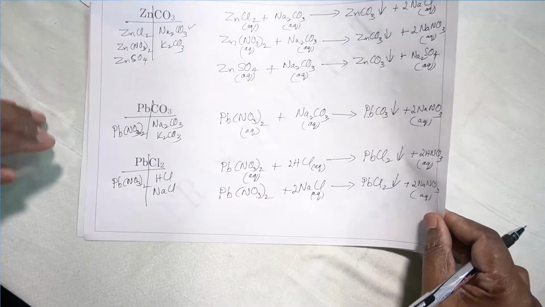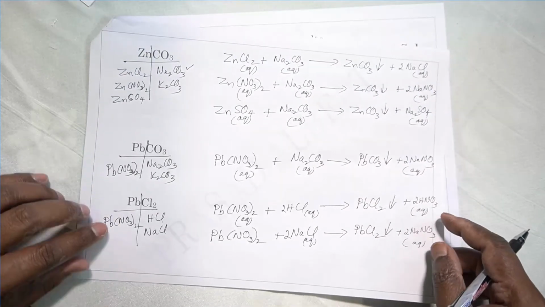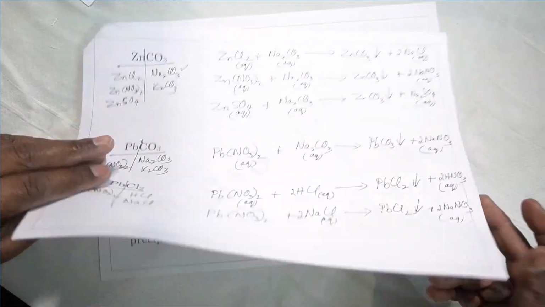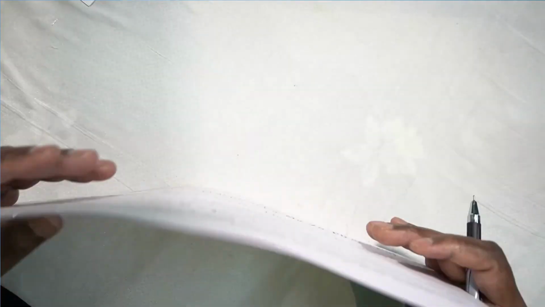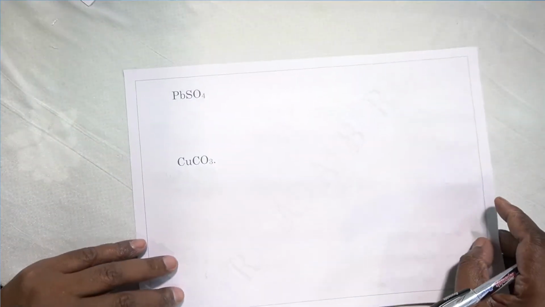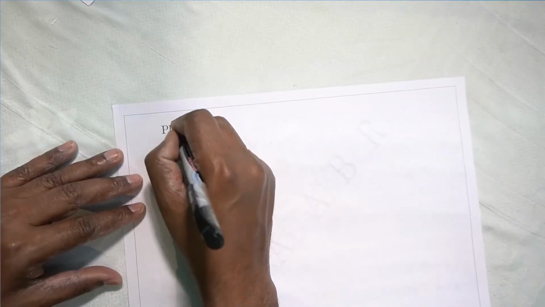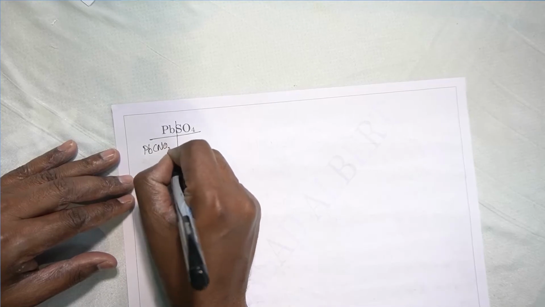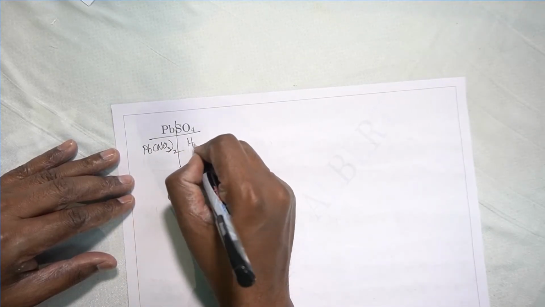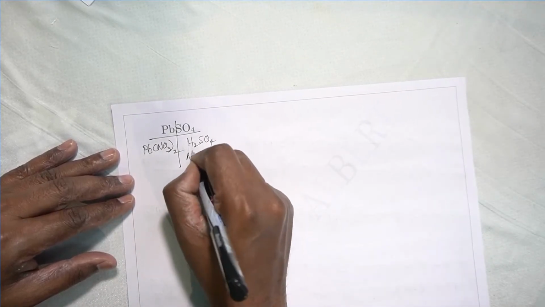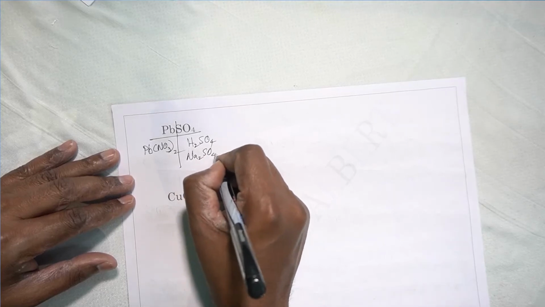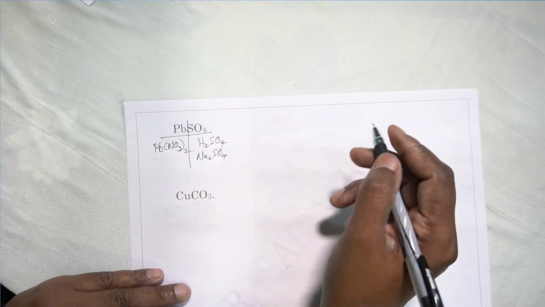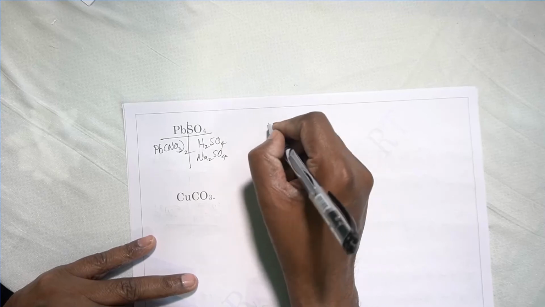Okay, so that's about lead salt. I hope you got it. Lead carbonate and lead chloride, two salts. Now we have copper. Now, okay, we have one more salt on lead. Lead sulfate is also insoluble. Let's see lead sulfate. For lead sulfate, again the left side we have only lead nitrate. This side we have sulfuric acid or sodium sulfate, Na2SO4 or K2SO4, which I don't write. Okay, so we have two equations therefore,